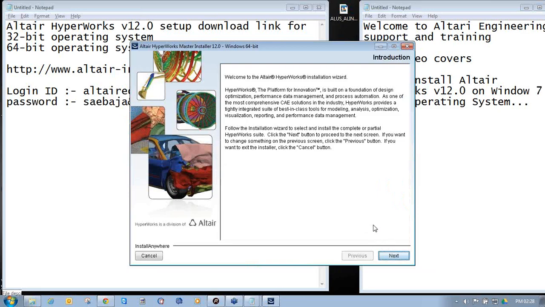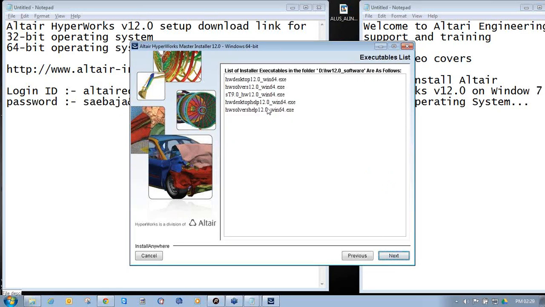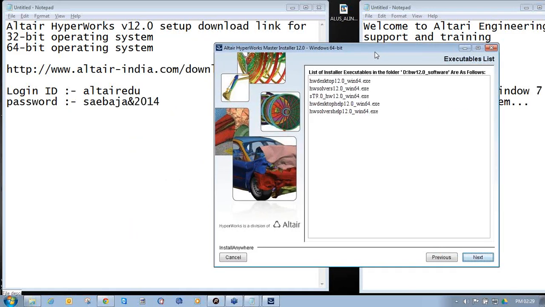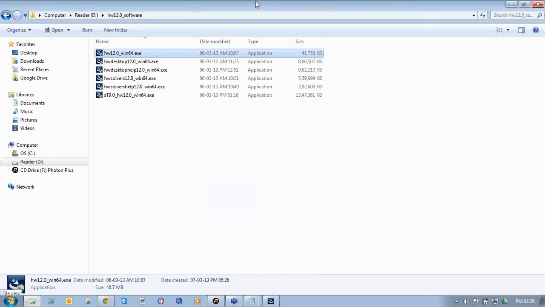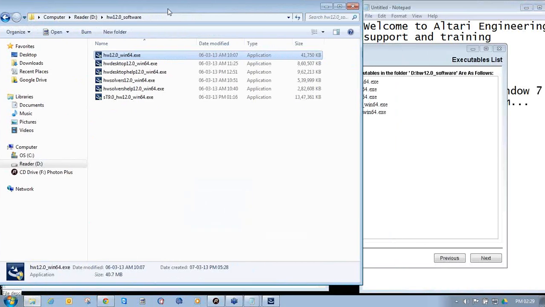For the Altair HyperWorks Master Installer 12.0 Windows 64-bit, click next on Introduction. Then make sure it has listed all the executables in the folder which I have selected, as it will install HyperWorks Desktop 12.0 Windows 64.exe, HW Solver 12.0 underscore Win64.exe. So I will cross check it with the setup files I have.